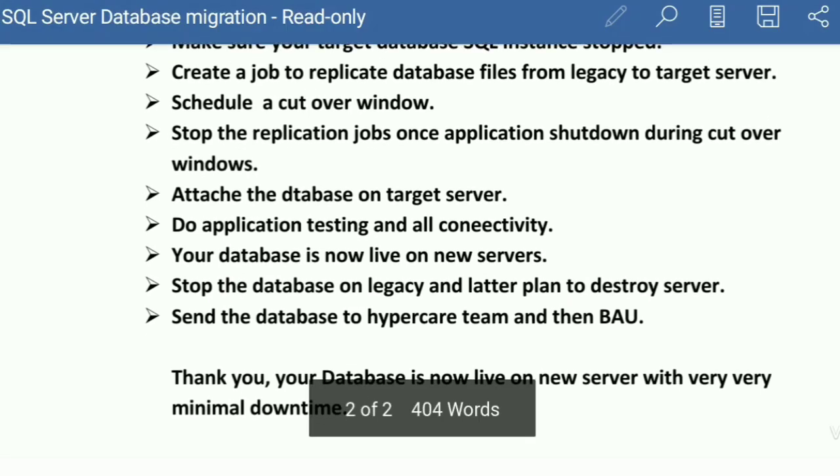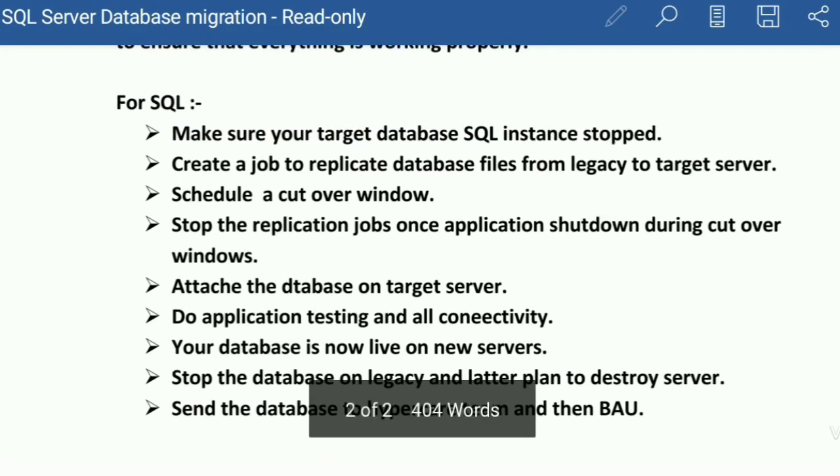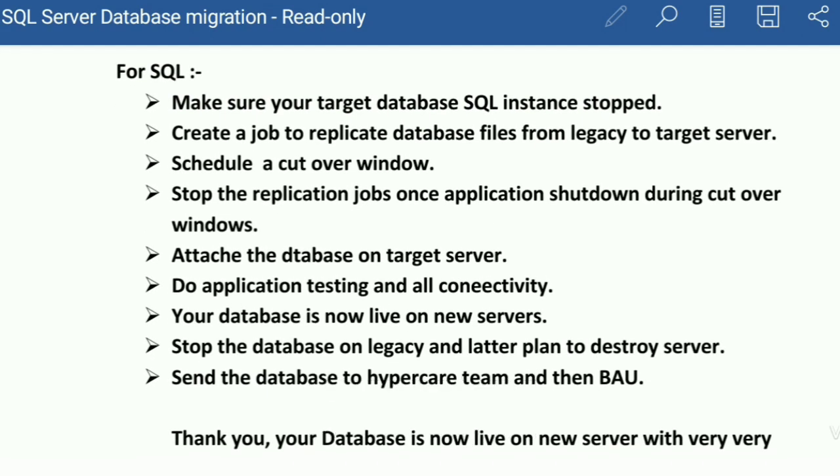So through this way you can migrate the SQL Server database with the help of Carbonite Migrate tool. It's very useful for SQL database migration, where the database size is too high and the client is not allowing more downtime.